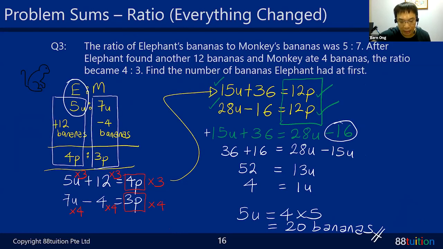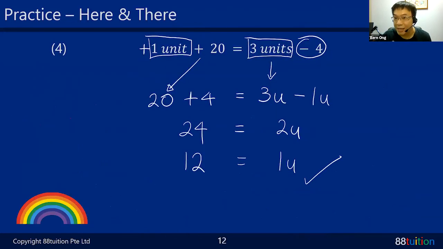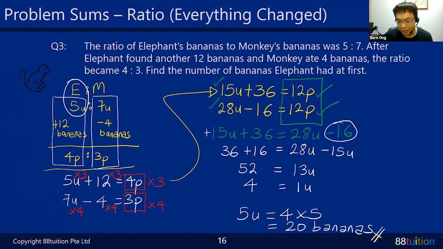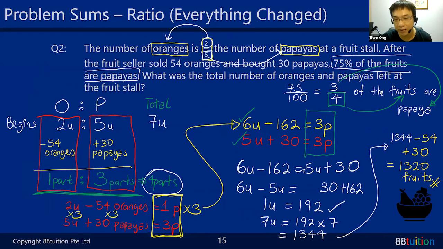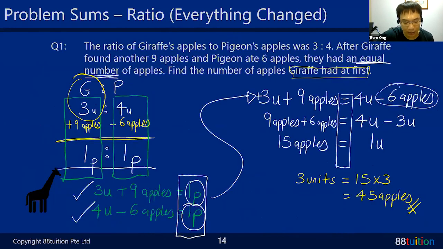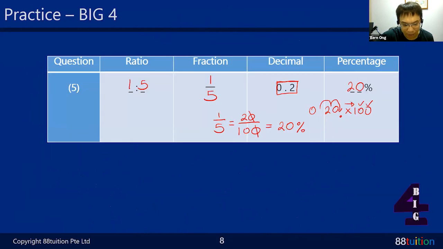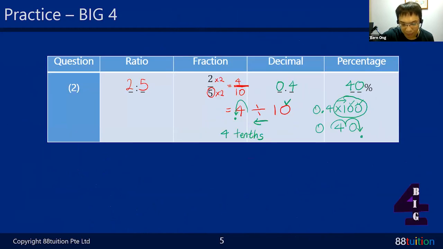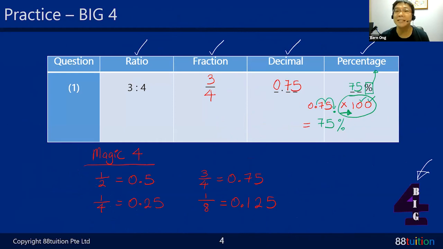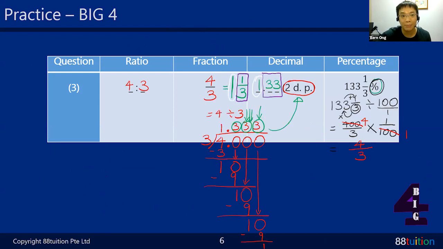Do you know that it appears here? 1 unit is 12. Can you see the number? The same one. Look at this number here and there, number 3. 1 unit is 4. Look at question 3. Do you see that 1 unit is 4? Can you see or not? So the clues are already down there. And do you see the percentage down here? 75%. Look at the previous one, question 2, or down here. Do you see the 75% here? Yes. So the big 4 and here and there, I try to bring in these 2 in order to attempt this question.